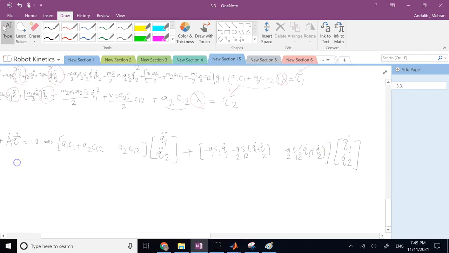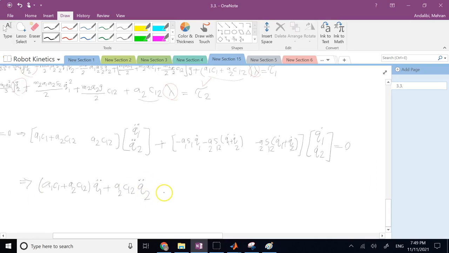So you have to expand this, and if you do, you're going to get a1 c1 plus a2 c12 times q1 double dot, and then plus a2 c12 q2 double dot,